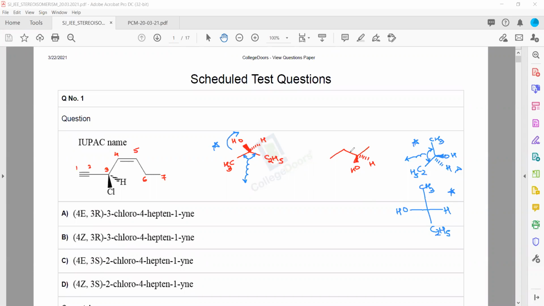Okay. Now in this case, if you apply the same simple trick again, this is the angle between the bonds, and if the angle is on the right hand side, then in the Fischer projection, the valency which is on the left will go up, that is, C2H5 will go up, CH3 will go down, and if the angle is going on the right, then the solid wedge will be on the right and the H will come on the left.